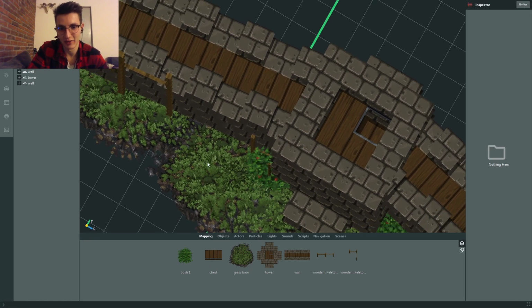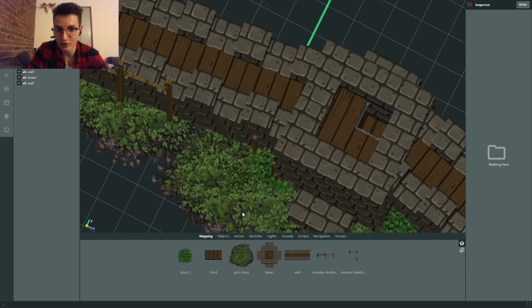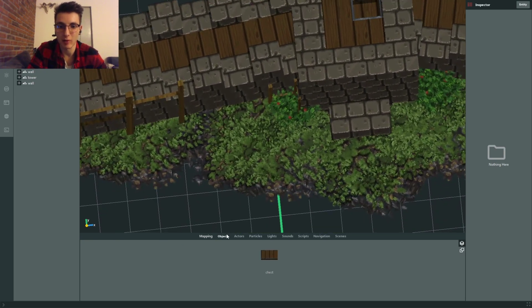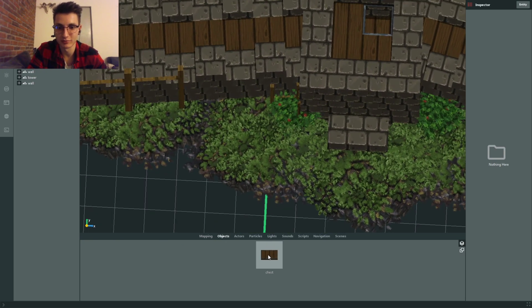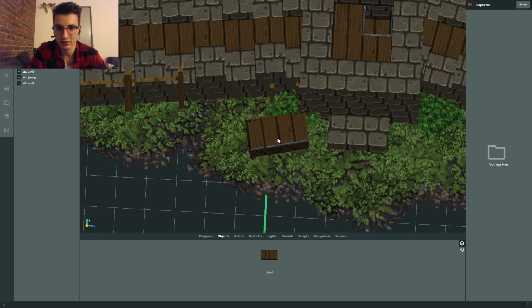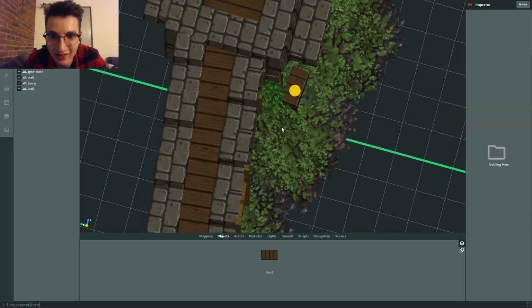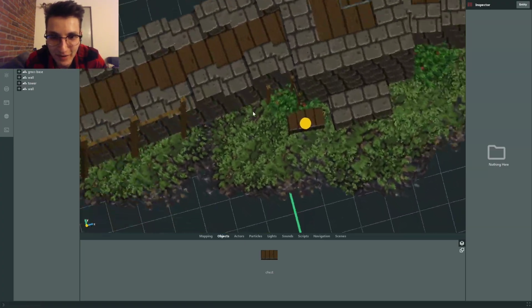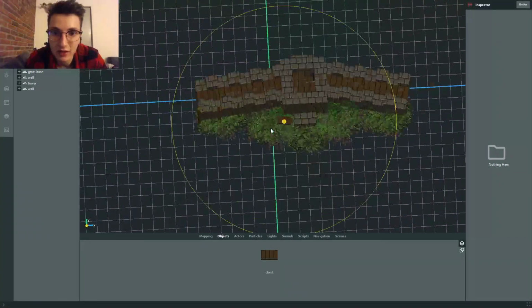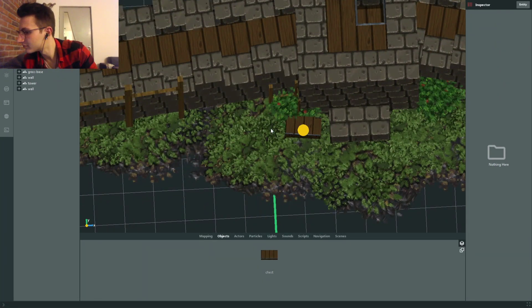Cool, so now, since we actually created an object that we can use, we can go ahead and select our little object area right here, and spawn our chest right here. Looks about right. Check it out, there's little leaves around it as well. And yeah, so currently,